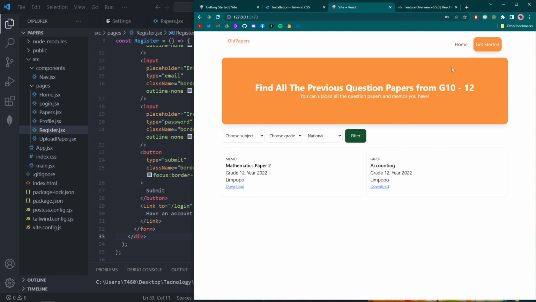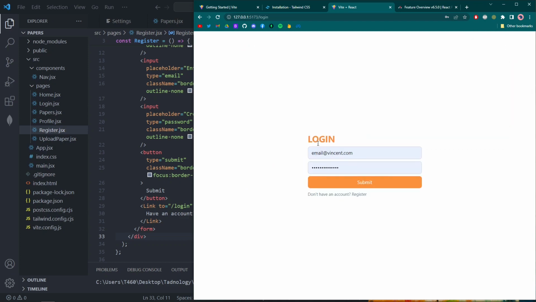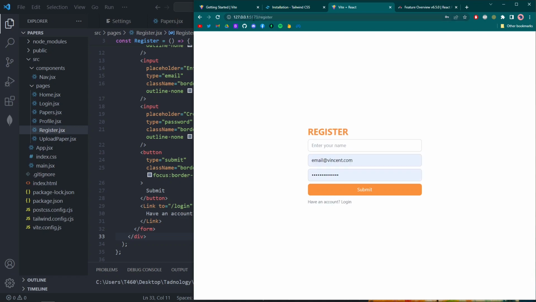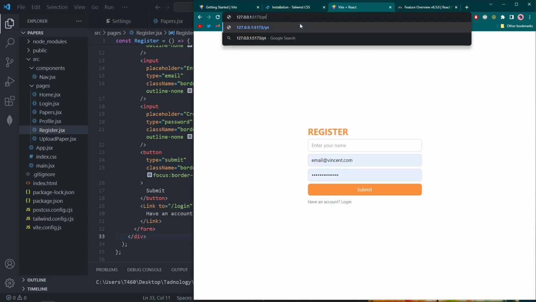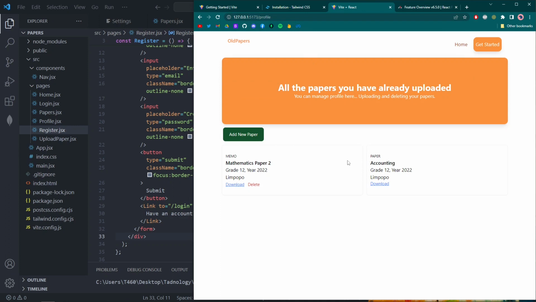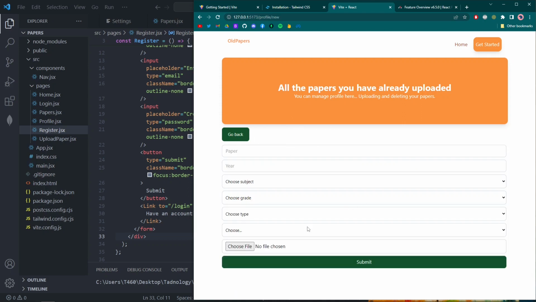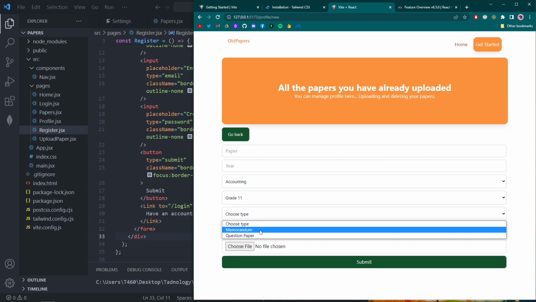Home, get started, obviously register, profile, you can go to profile. On the profile, obviously you see all the papers you have uploaded, and then you can delete them and you can also download them, and then you can also add a new one here. The paper, the year it was written, you choose the subject here, choose the grade, you choose whether